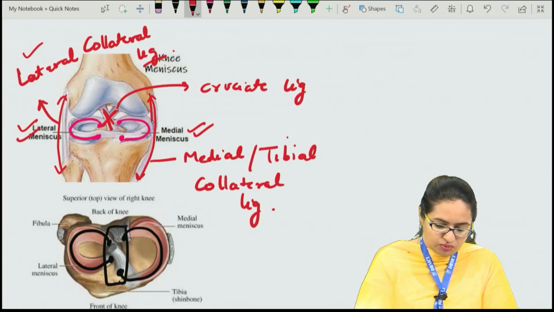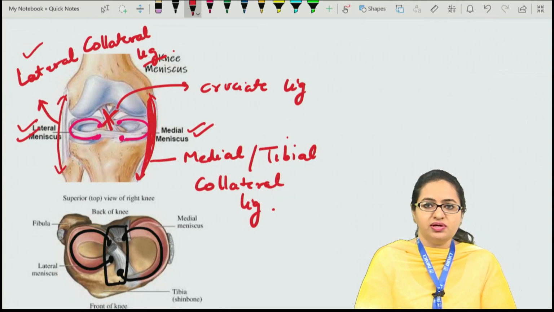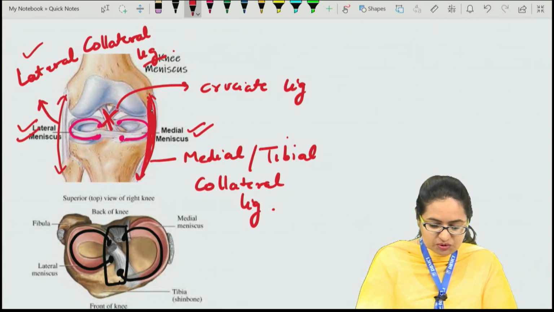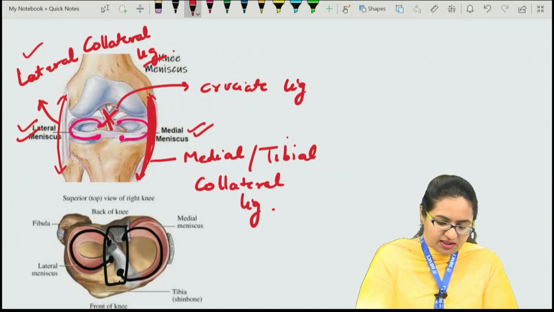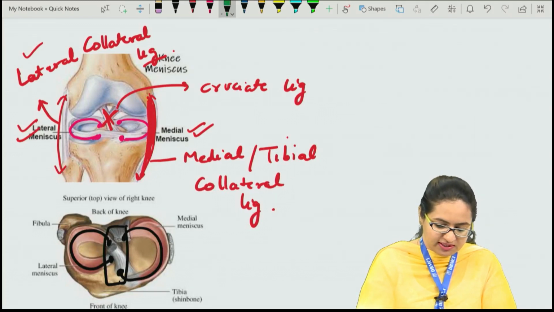that towards the outer side, it has attachment with the tibial collateral ligament. Because of its attachment with the tibial collateral ligament, this medial meniscus is more fixed, and whenever movements at the knee joint are occurring, running, walking, it undergoes the crushing effects of the movement and is more prone to injury. In contrast to this, when we talk about the lateral meniscus,